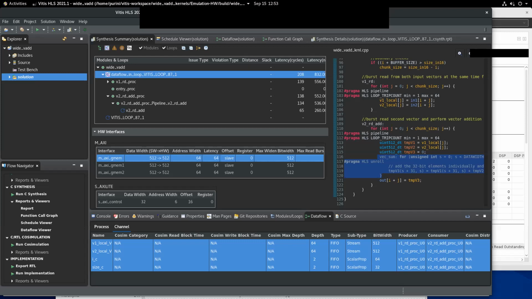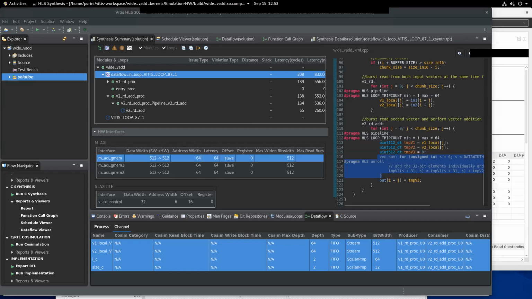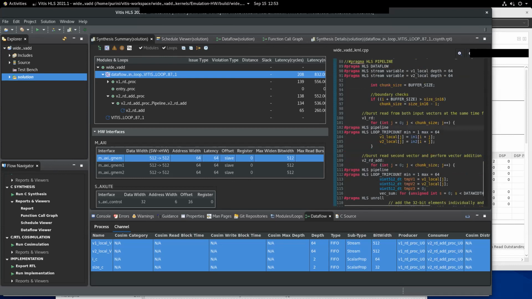And so these are the three optimizations, and of course you can see that the v1 underscore read operation is pipelined. The iteration latency for v1 underscore read is 3 clock cycles, but the throughput is one iteration completed every clock cycle.